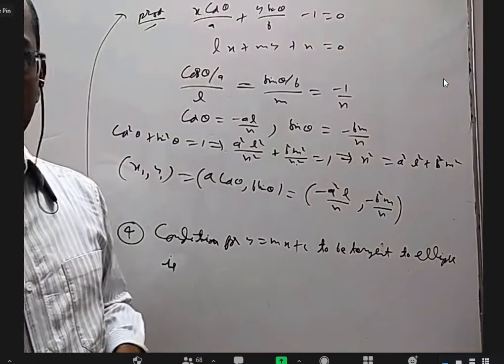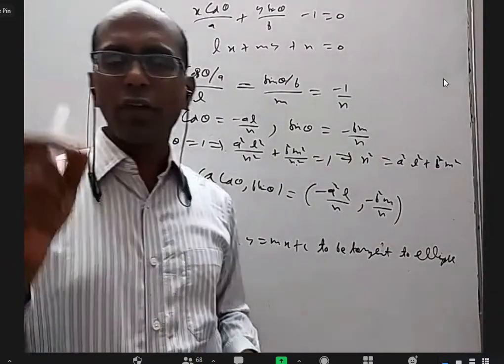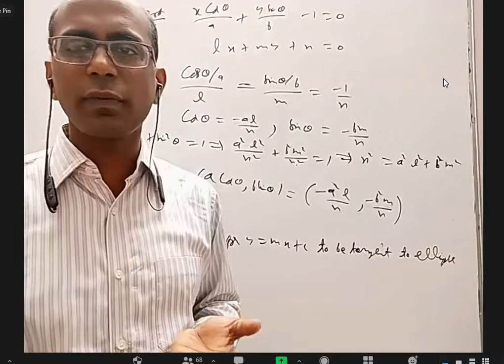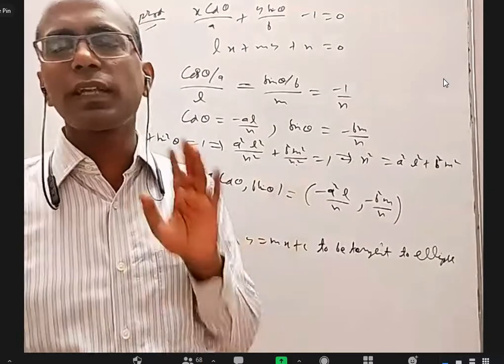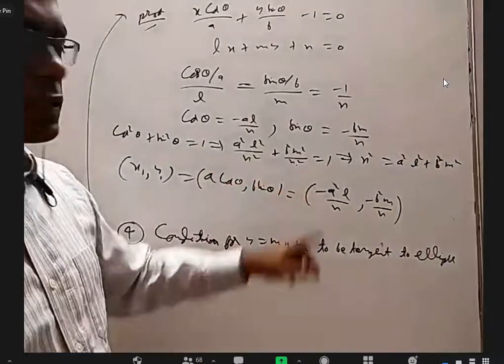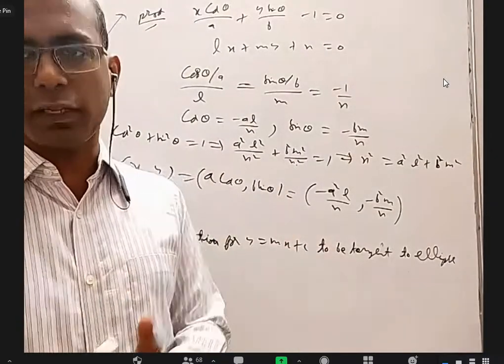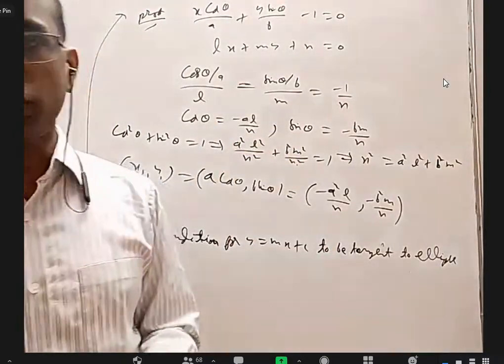So in the beginning, when you are finding focus, eccentricity, and length of latus rectum and all, whether A is greater than B or B is greater than A matters. But for these things, whether A is greater than B, B is greater than A, or A and B are equal also doesn't matter. Even for circle also, same formula. Is it clear?